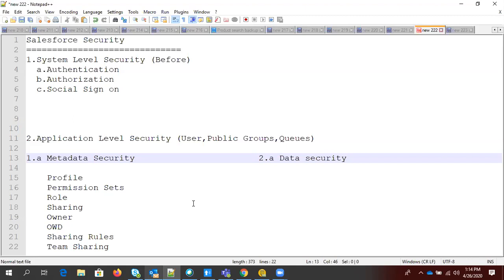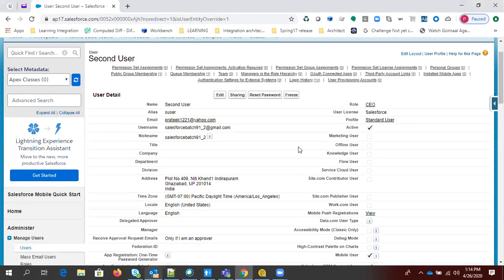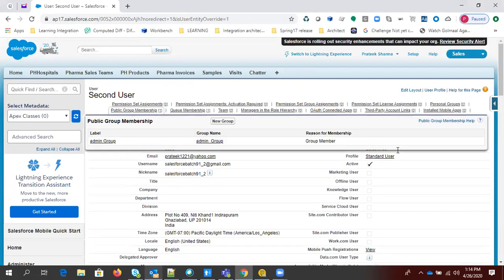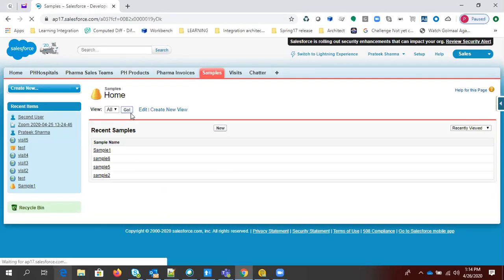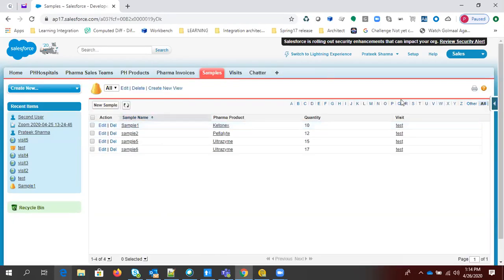Basically in this Salesforce software, the structure, these tabs, objects, whatever you are able to see, whatever is built, the complete software is metadata. But the records that you are saving into the tables, those moving entities, are called data. Everything, the structure, the table, the columns, each and every thing is metadata. The complete software is defined as metadata, and the data in the database tables is called data, right?